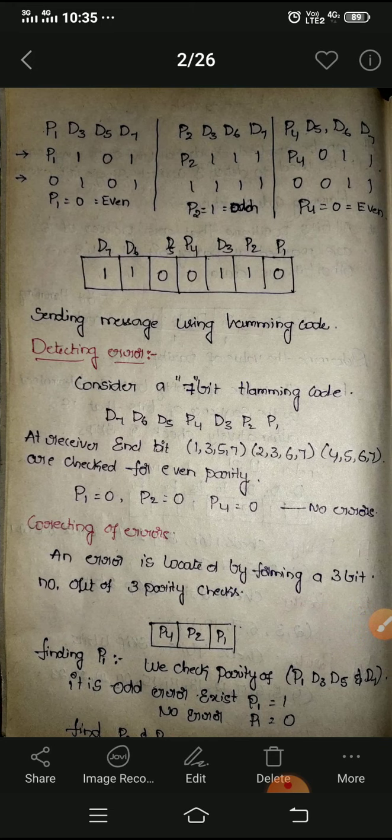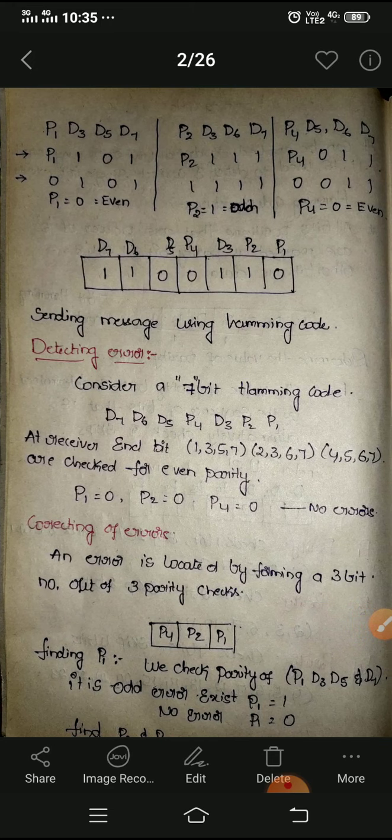Automatically odd parity will be present, because the number of ones is odd. So that's why P2 will be 1.